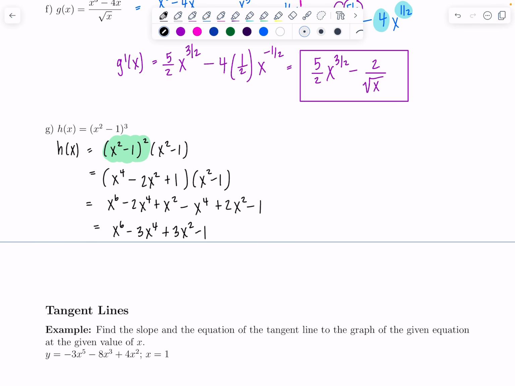So again, I haven't done any calculus yet. I'm just rewriting the function so that I can apply the power rule that we just learned. So now let's hop to it. Derivative time. H prime of x is going to be